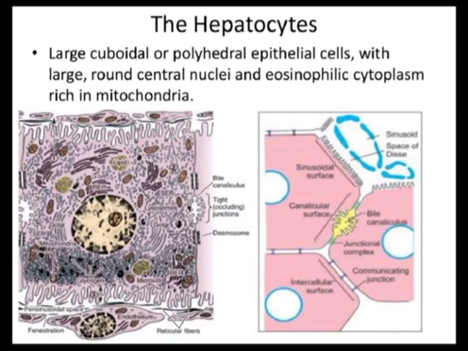When we see under the electron microscope, the cytoplasm of the hepatocyte is seen to contain the usual cell organelles. Mitochondria are much more numerous and scattered throughout the cytoplasm. Golgi apparatus can be seen near the nucleus. Both the smooth and rough endoplasmic reticulum are present. There are peroxisomes and lysosomes which are abundant in the cytoplasm. Also contain a large number of glycogen granules and fat droplets. But in routine histological preparation, these substances are washed out, leaving empty spaces in the cytoplasm.